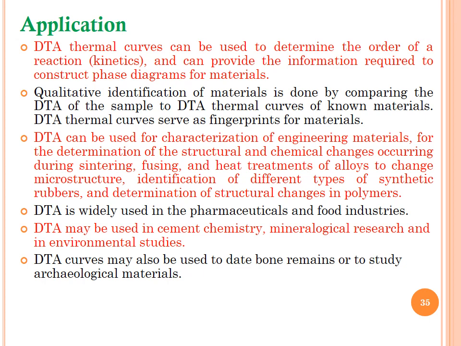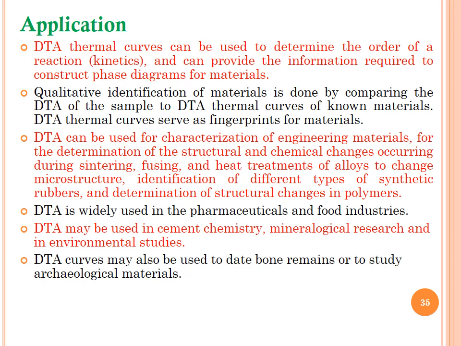Qualitative identification of material is done by comparing the DTA of the sample to the DTA thermal curves of known materials. DTA thermal curves are the fingerprint for the materials. So this is also an identification technique. It means you can do qualitative analysis by DTA instrument. DTA can be used for characterization of engineering materials, for the determination of the structural and chemical changes occurring during sintering, fusing and heat treatment to change microstructures, identification of different types of synthetic rubbers, and determination of structural changes in the